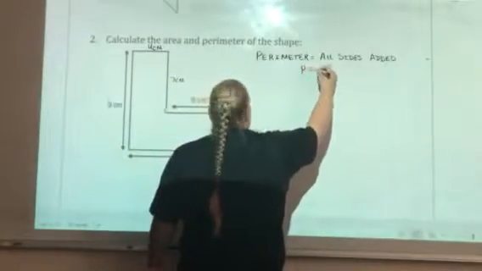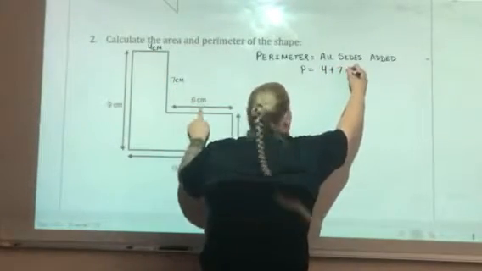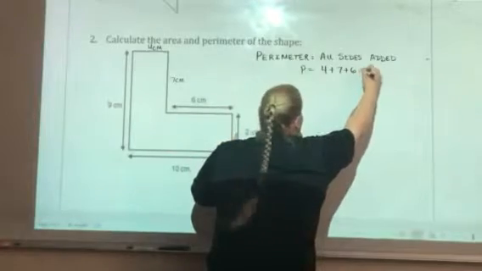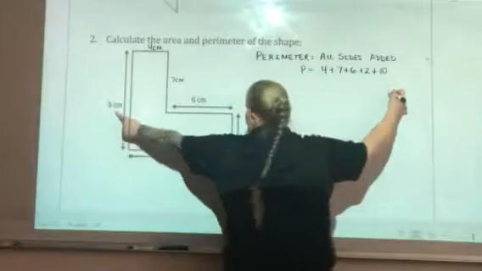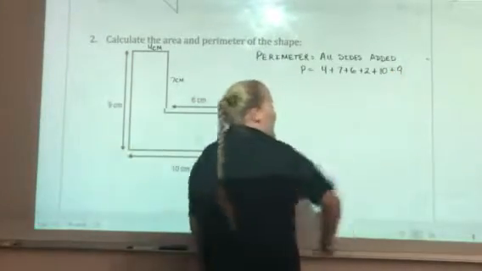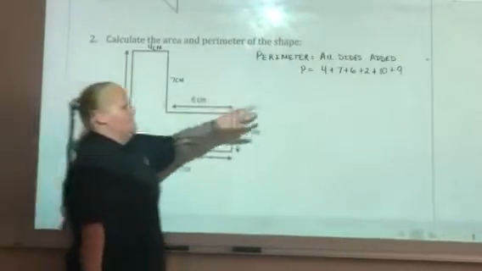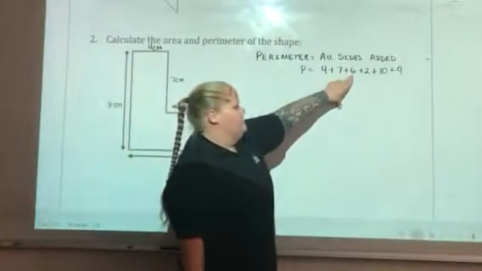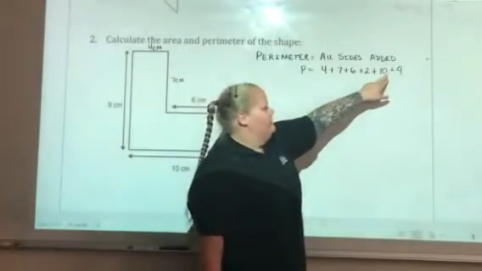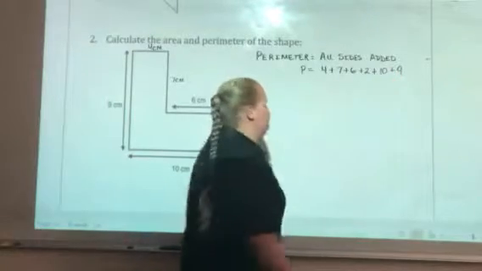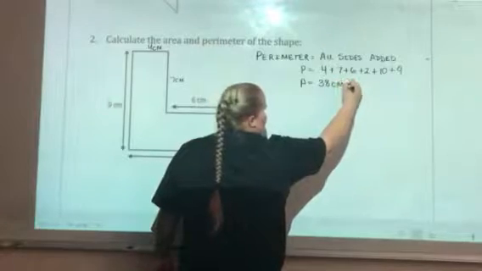So the perimeter is going to equal 4 plus 7 plus 6 plus 2 plus 10 plus 9. Okay? So all of the sides added. So 4 plus 7, that's going to be 11, plus 6 is 17, plus 2 is 19, plus 10 is 29, plus 9 is 38. So the perimeter is going to be 38 centimeters,